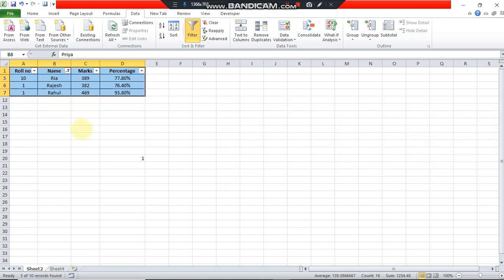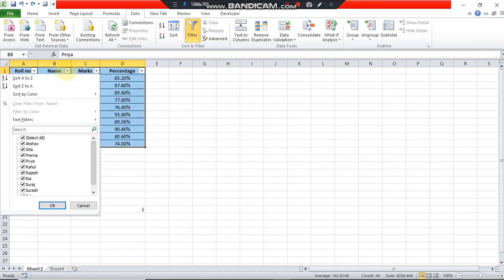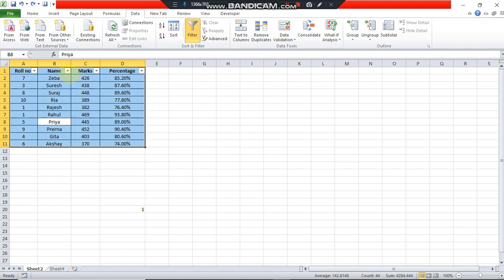All the students whose name starts with R appear on the screen. Similarly, ends with is used when you want to search for a name that ends with a particular letter. You just write that letter and it will appear on the screen, along with all the other related data.